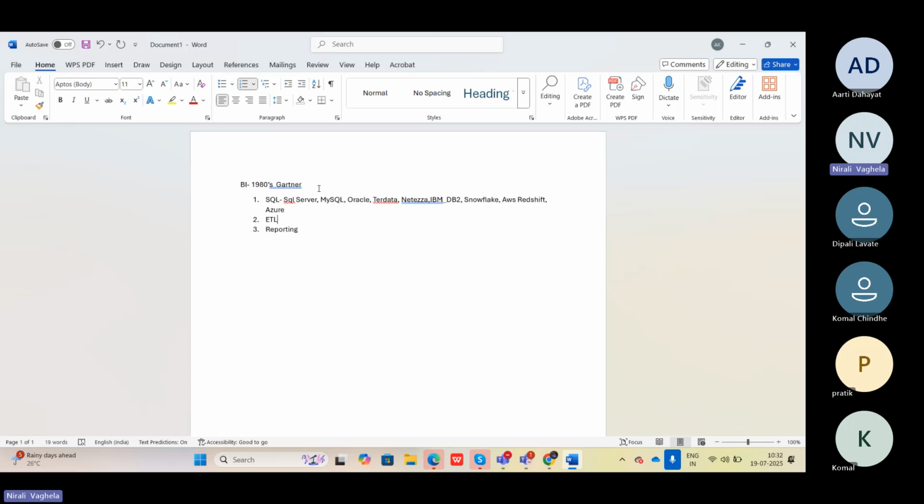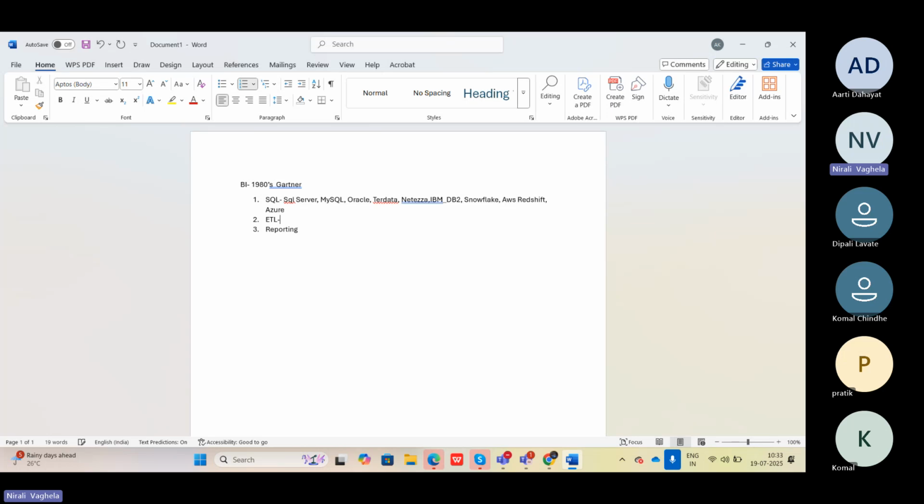It depends on the company, but most commonly it is SQL Server or Oracle, because that's on-prem. And if they talk about the cloud, then Snowflake, Redshift, or Azure. MySQL is also a Microsoft product, if I'm not wrong. I think so. But it is used when there is a web app development project; specifically for that they use it. But for vast development, SQL Server, Teradata, or Oracle are the databases preferred by the company.